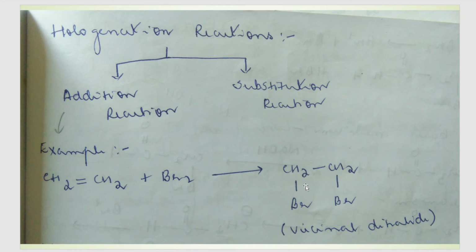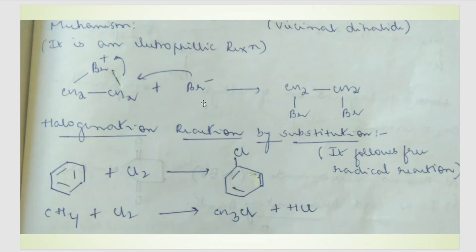How is this reaction mechanism actually happening? First the Br2 gets split into Br plus and Br minus. That is, one bromine will take up the two electrons of the bond and get a minus charge, so the other bromine will have a plus charge. The bromine which has a plus charge will go, and one of the pi bonds in this carbon will shift onto one of the carbons, giving this carbon a minus charge and this carbon a plus charge.